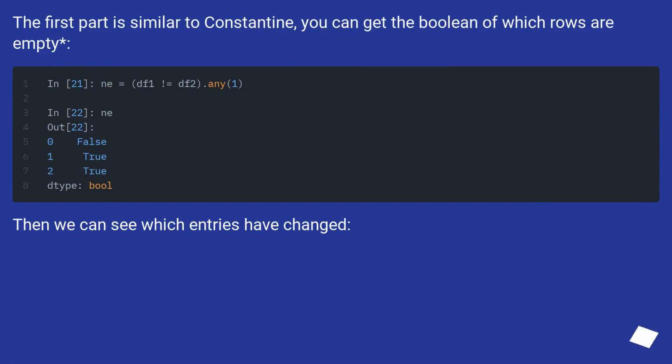The first part is similar to Constantine. You can get the Boolean of which rows are empty. Then we can see which entries have changed.